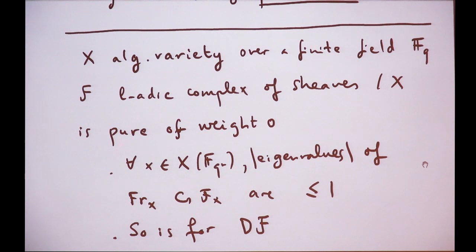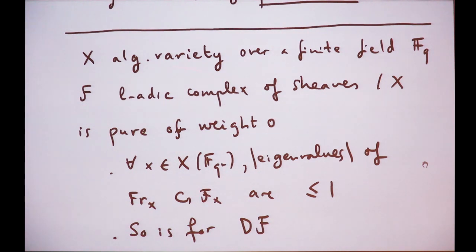And he said it to be pure if, for every point, meaning a solution of some algebraic equations in some of these finite fields, it is said to be pure of weight 0 if